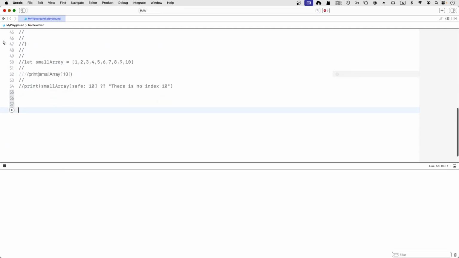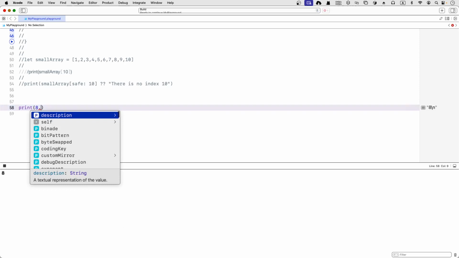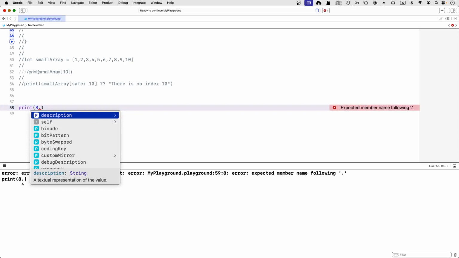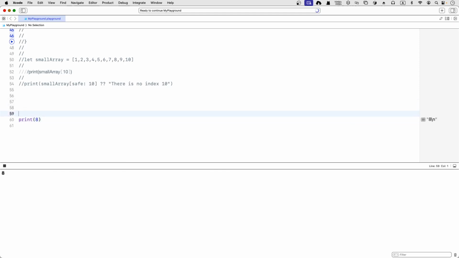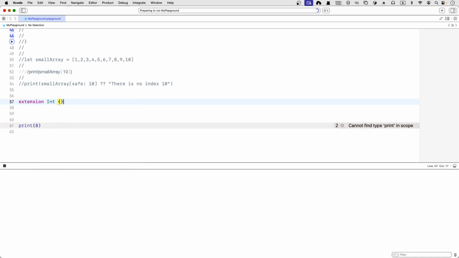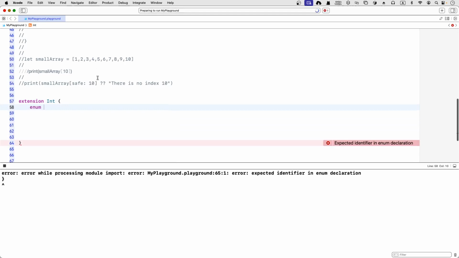So for example, you've got this, we can print a certain number, so maybe 8, and you want to know whether this is positive, 0, or negative. So you want to access that with a dot and add some more properties to it. So how to do that? Because 8 is an Int, you're going to extend Int as well. So you can extend Int, and you can add more functionality by using an enum, and say you want to know whether it's positive,